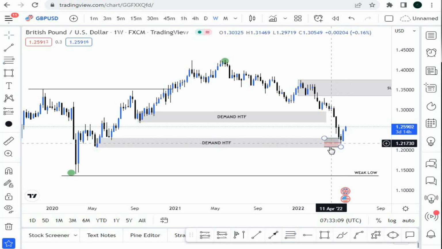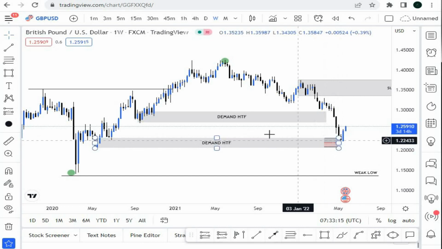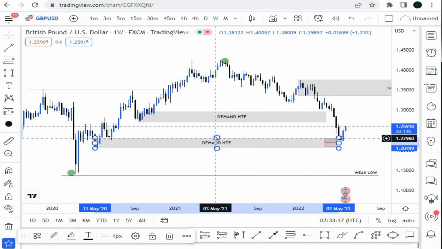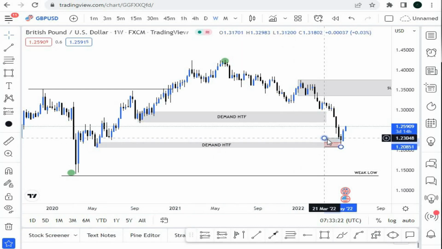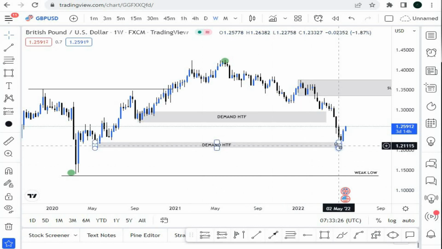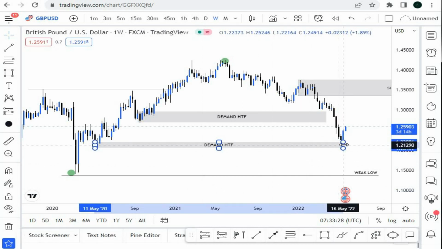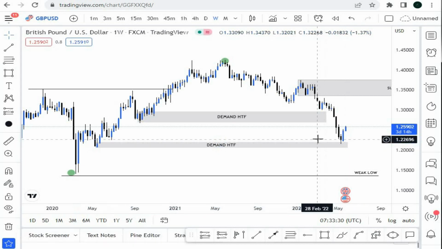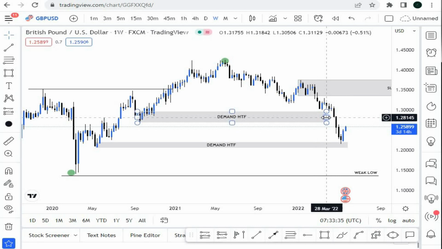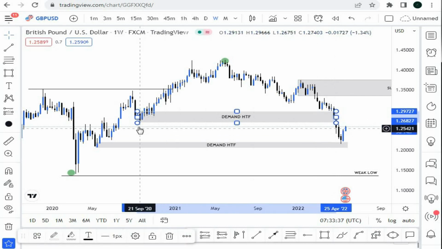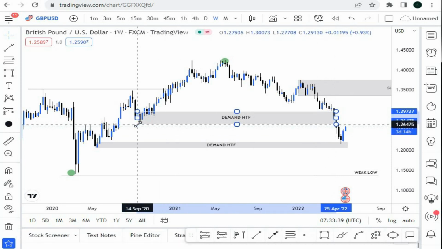You can see that we had this discount level, and the price came back to mitigate that zone area and then started going up, meaning you can also minimize something like this, so that if you go to a smaller time frame, you know that this is your discount zone area where you can also expect the price to come and tap in and then shift the market going up. As you can see, this demand zone area was being taken out. We also have